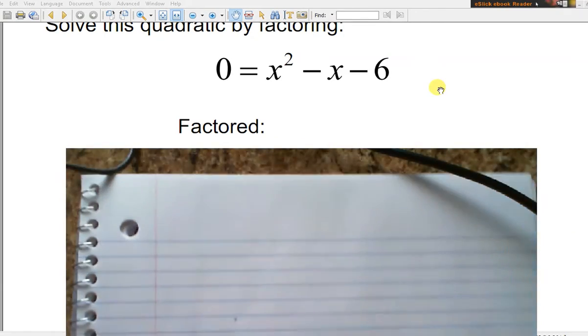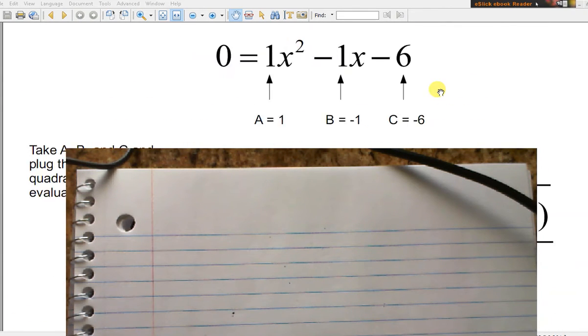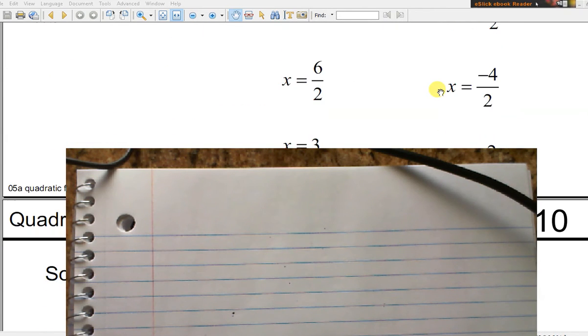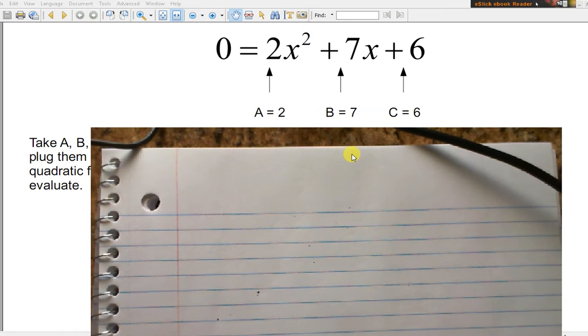Actually, I think we're going to do 2 more in the notes today. So we did that one, 3 and negative 2. Splits it up. Okay. Here's our second one. So in your notes, let's write down